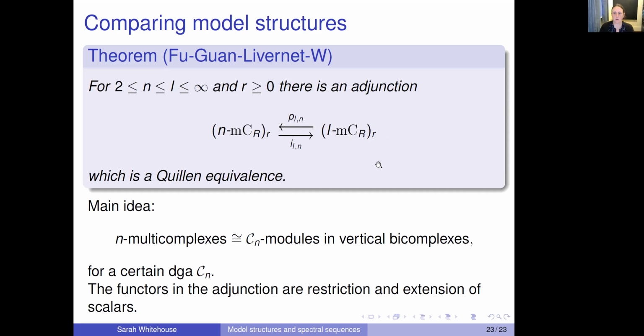So you could think of putting N is 2, so bicomplexes on the left, and L is infinity, so multi-complexes on the right. So we'd be comparing bicomplexes and multi-complexes, and we could do that for R is 0, so the 0 model structure where the equivalences are just usual quasi-isomorphisms